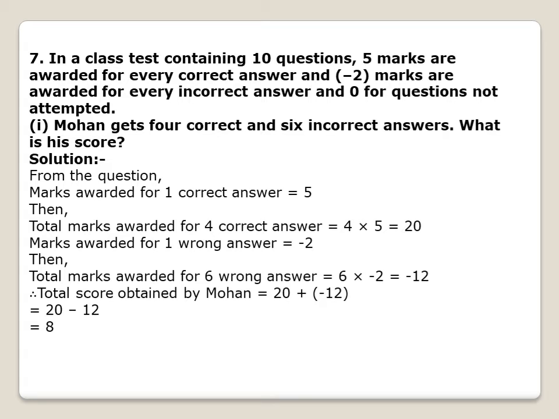Like you will get this class test, your teacher will take, but she will always give the plus marks only. She will not give negative marking in most cases. But here is a test conducted by a teacher where she is giving minus 2 marks if a student attempts the question wrong. And if the student attempts the question correctly, 5 marks are given. Minus 2 for the wrong answer and 0 marks if the question is not attempted.